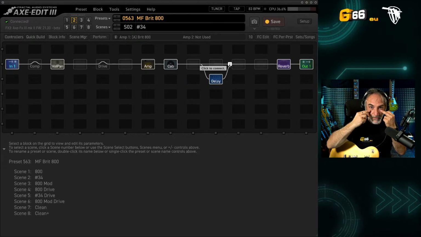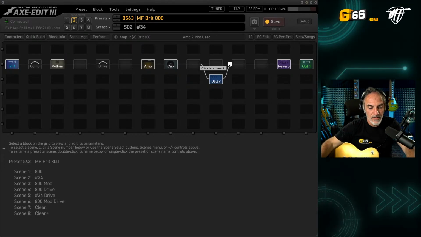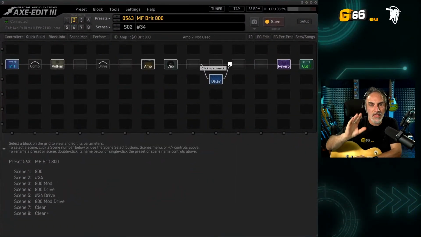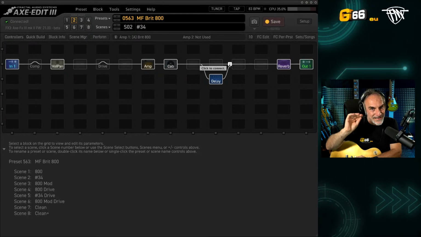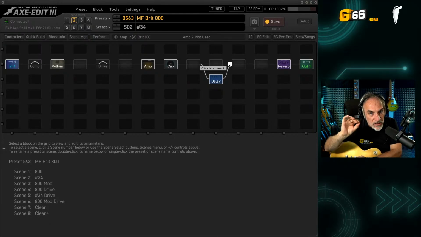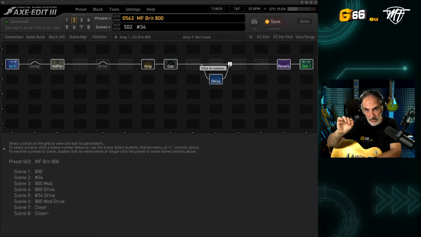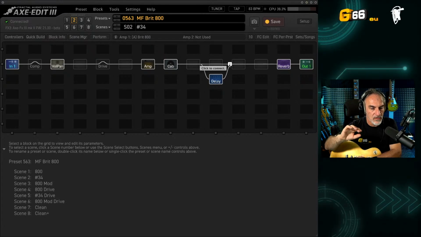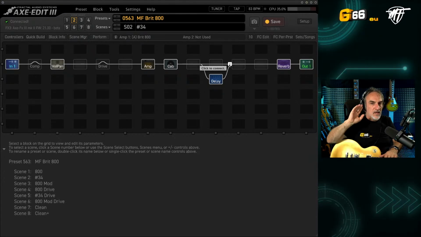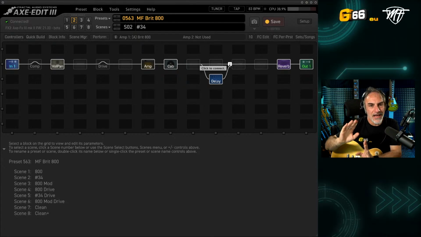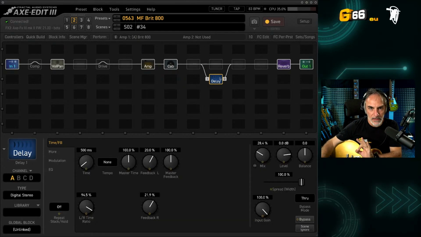Please follow me. Look at my eyes, guys. You have to understand, because this method needs you to understand very well the logic of the routing. Because if you don't understand the logic behind this routing, you create a mess. Okay? Because when you connect the effect in parallel, as you can see here, the